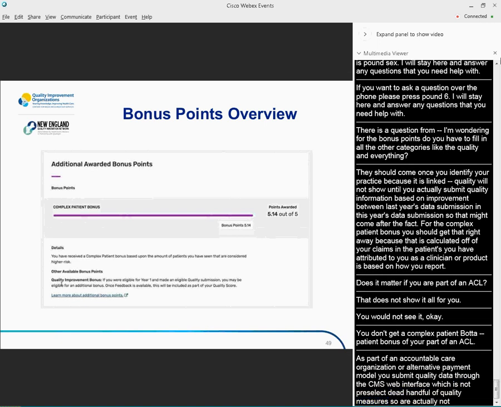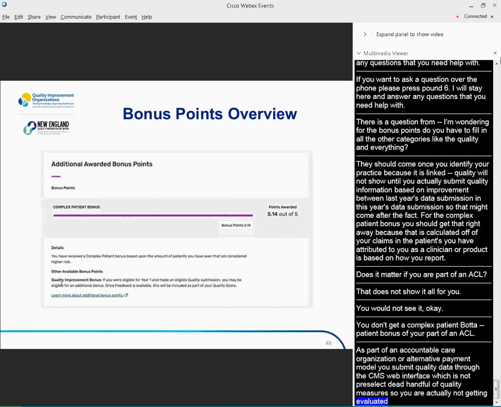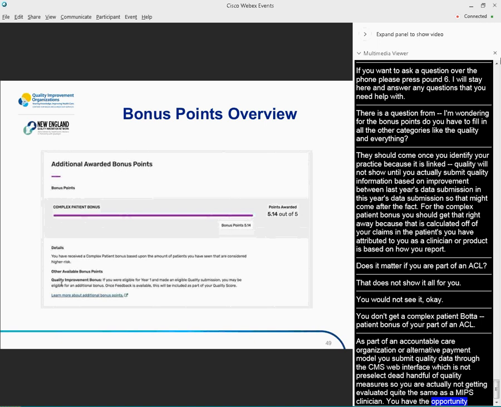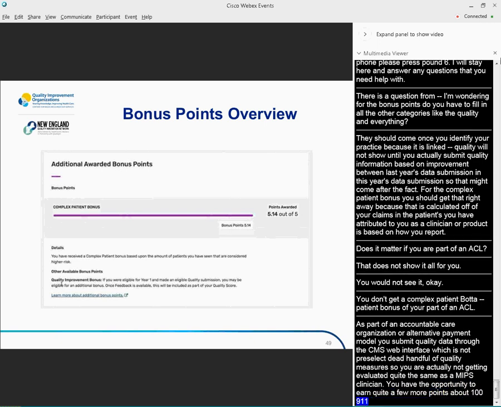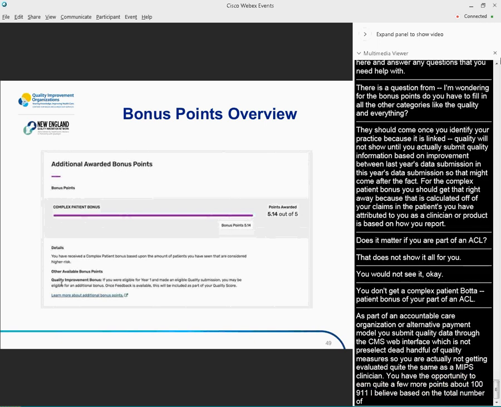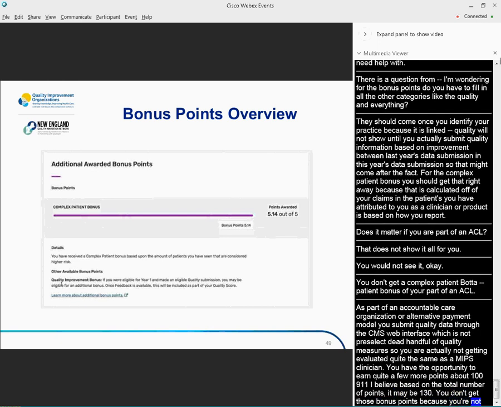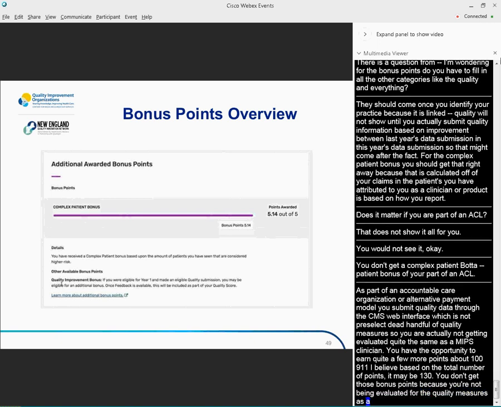You actually have the opportunity to earn quite a few more points, about 111, I believe, based on the total number of points. Actually, it might be 113 or 130. Sorry, but you don't get those bonus points because you're not being evaluated for those quality measures and for your performance as a practice individually. You're evaluated as that APM entity, so it's evaluated very differently.